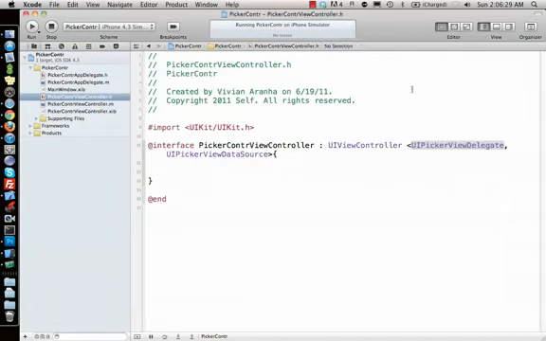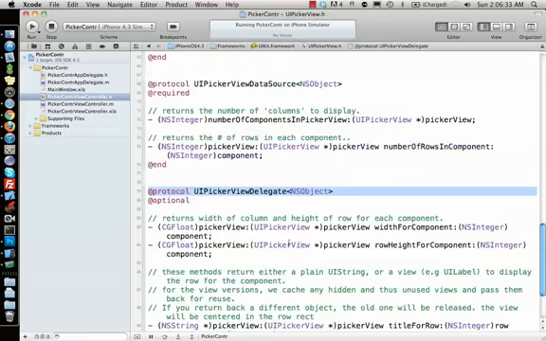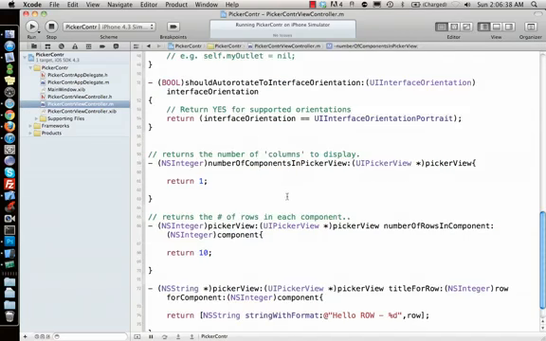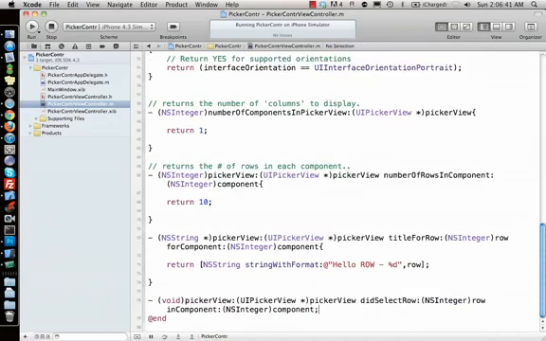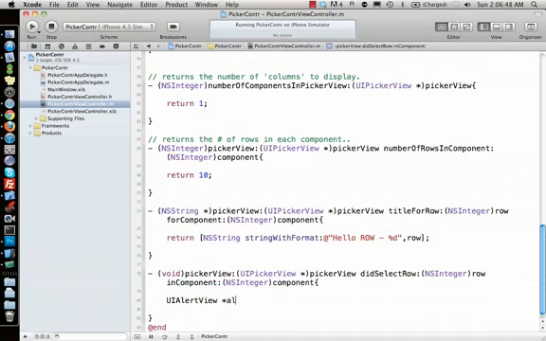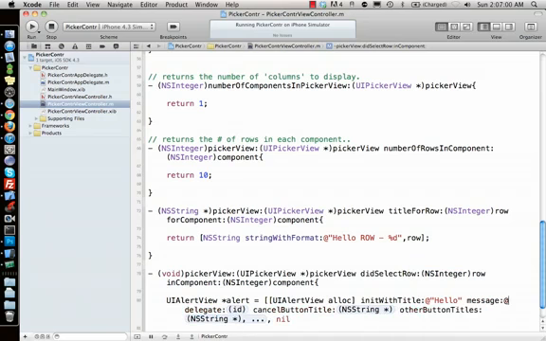If you want to implement the other function, which is didSelectRow, whenever a row is selected and you want to do something, you can just do it inside this function. I can just show an alert view for right now. UIAlertView alert equal to UIAlertView alloc initWithTitle Hello, message. I can just give the row as a message.